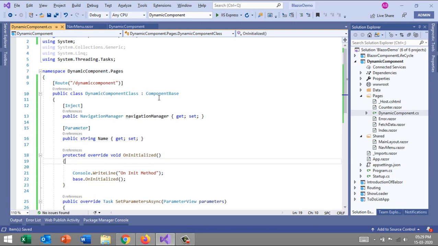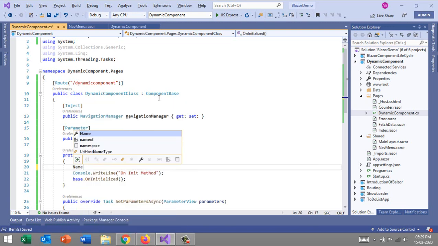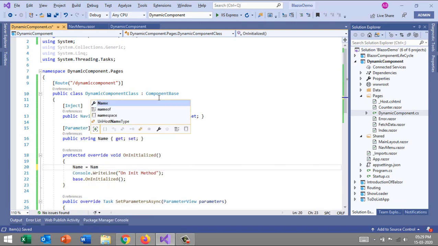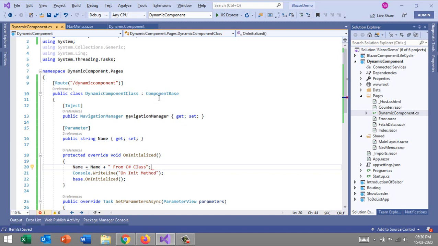Let me set the name property equal to name plus "from C# class". Let me put a breakpoint here and let's test.